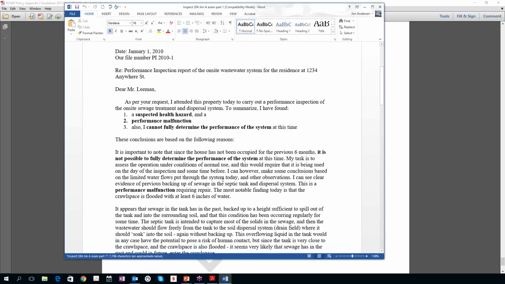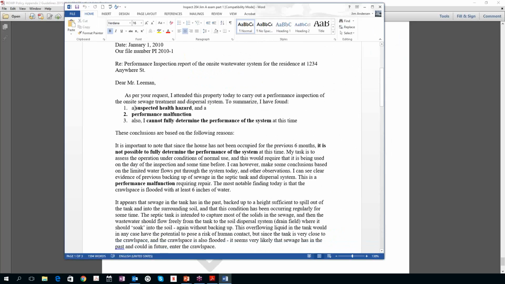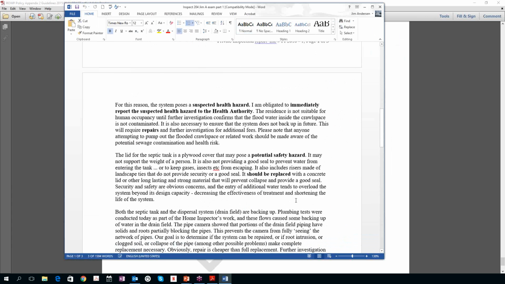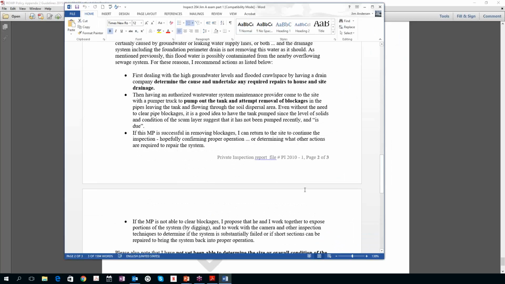And here's one for performance inspection. Again, we can stack the terms, and I think we're going on so late that I should probably leave it at that. Not quite. Sorry.